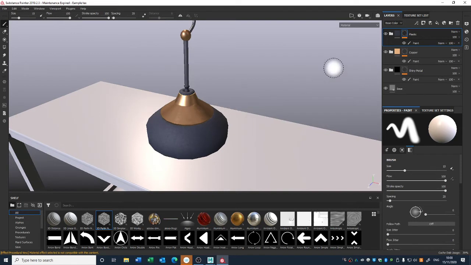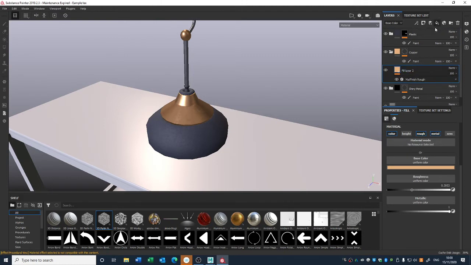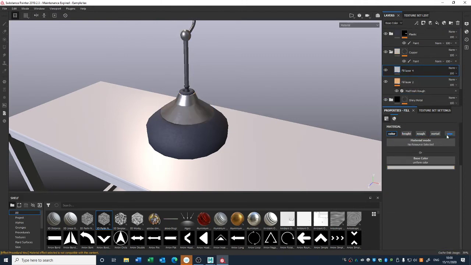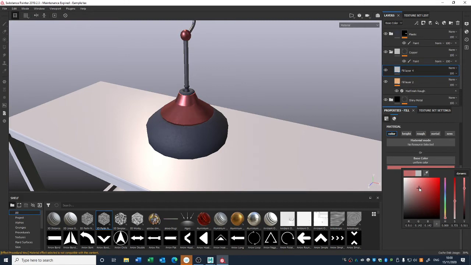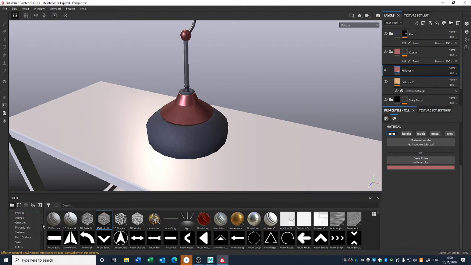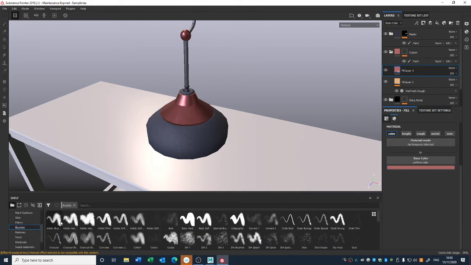Now what I would do after this, I could go in and do a bunch of stuff. So you could go in with the copper, and add another layer on top of that. Let's leave it just as color for now. And you could grab something like color like this, let's say. You can grab one of your brushes, so go down to brushes, and grab one of, probably crystal might be useful for the